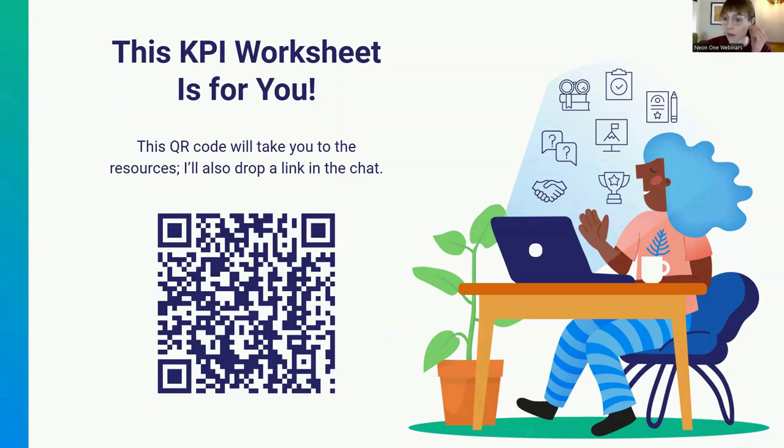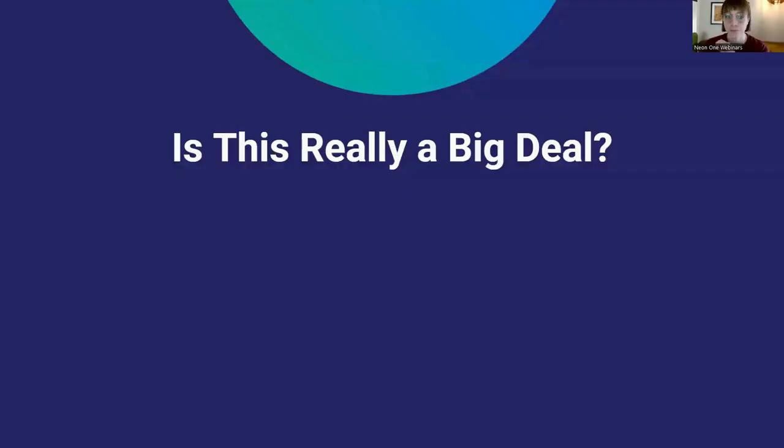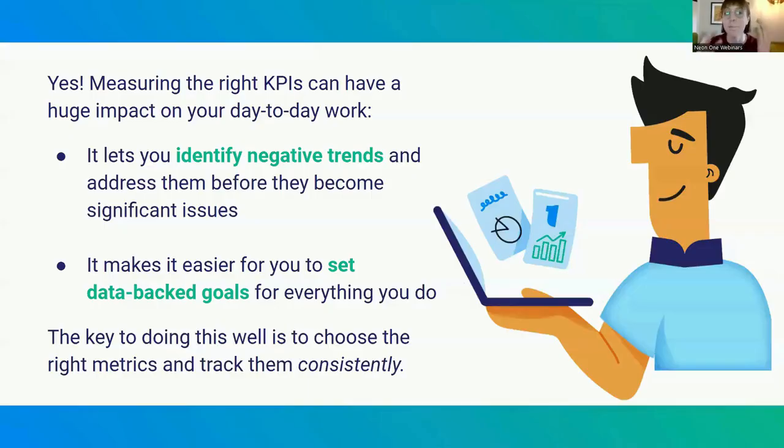I think we're all going to hopefully get on the same page about some of what you can be doing. Regardless of where you are, I think this resource will help, especially if you're trying to figure out, like Ann said in the chat, what is manageable with small staff. If you have never really found yourself in a position where you need to track specific KPIs, or, and this is really common, if you have tracked KPIs in the past, but you were measuring things that didn't really have an obvious impact on your day-to-day life, this might not really seem important, but it is, even if it doesn't necessarily feel like it all the time. If you measure the right trends, the right KPIs, you can use your findings in all kinds of ways.